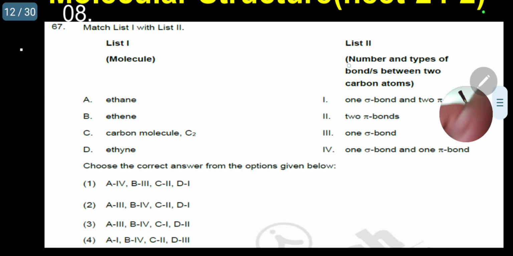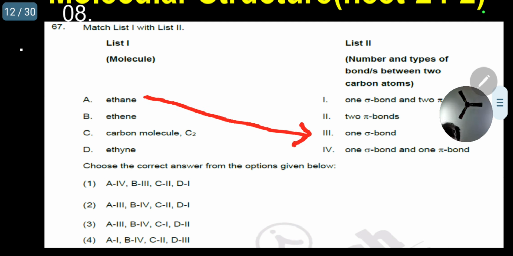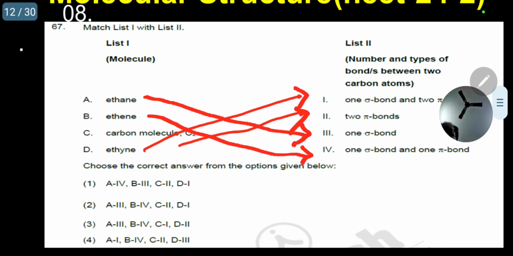Keeping this in mind, now we correlate what is the correct answer. See here, now I am going to correlate. Ethane, 1 sigma. Just see where is 1 sigma? 3. Ethene, 1 sigma and 1 pi bond. Where is it? This is ethene, B4. Next, C2 molecule, 2 pi. It is 2. The last one, acetylene, 1 sigma, 2 pi. It is 1. So the answer I can write now: